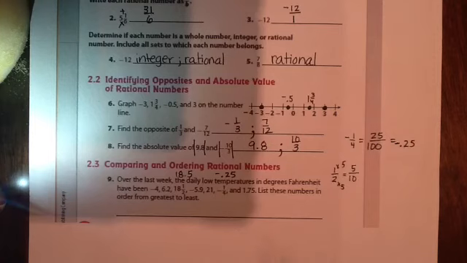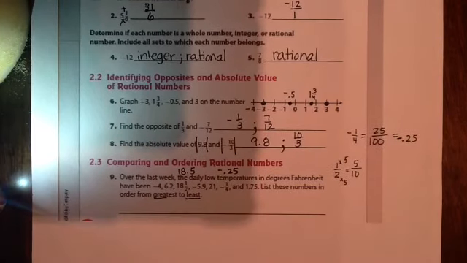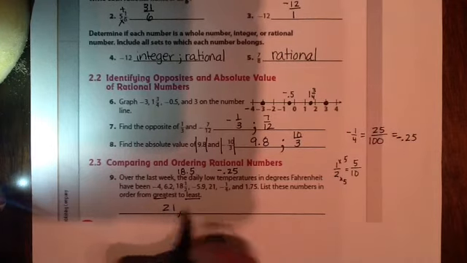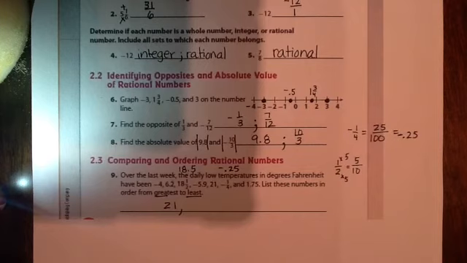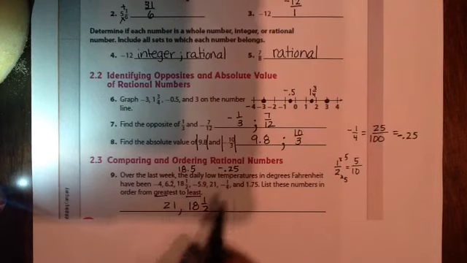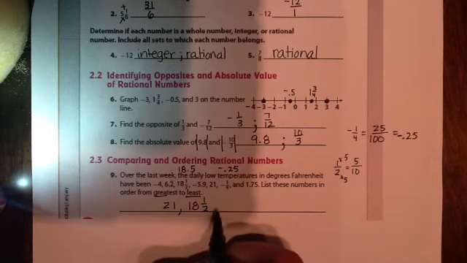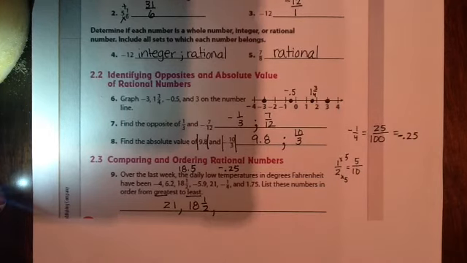If I'm going to go from greatest to least, I want you guys to think of a number line. Which number would be most on the right? That's the number you're going to list first, and that would be 21. Then as you start going towards the left, what number would you run into next? It would be 18 1/2. Even though we changed it to a decimal, we know that we need to give the original number back in our answer. If I keep going to the left,